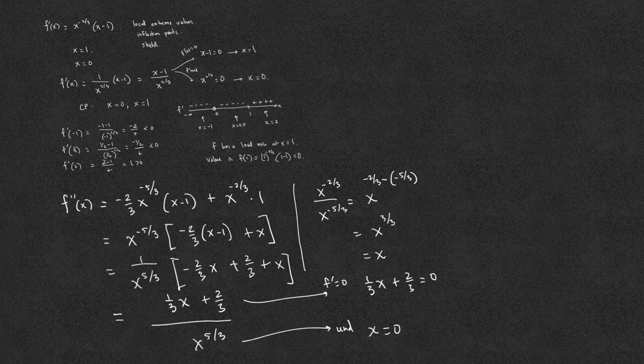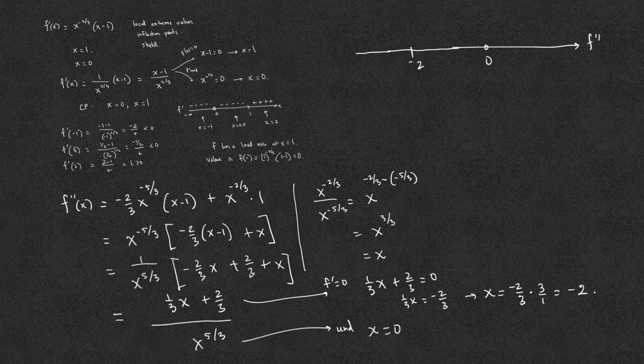This is 1/3 x equals negative 2/3, and so x equals negative 2/3 times 3 over 1, which is minus 2. And so the cut points of the second derivative are 0, which we can't use because 0 is not in the domain of the function, and negative 2. We then use a test point in each of the subintervals to determine the sign of f double prime in